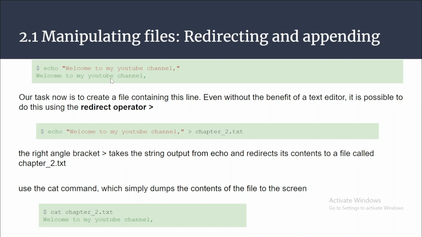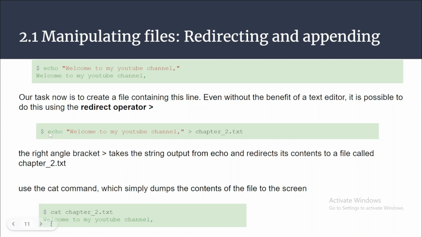Now I want to create a file and transfer this information to that particular file. For example, I want to create a txt file, and in the txt file I want to have this particular line. So how can we achieve that? To achieve that, we can use the redirect operator, that is the greater than symbol. In shell scripting, this greater than symbol we call a redirect operator.